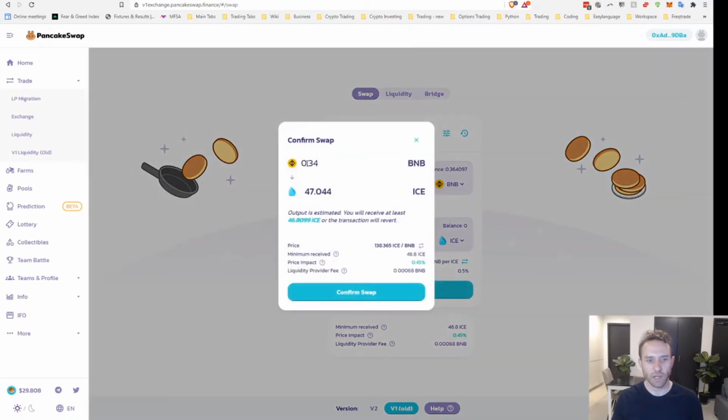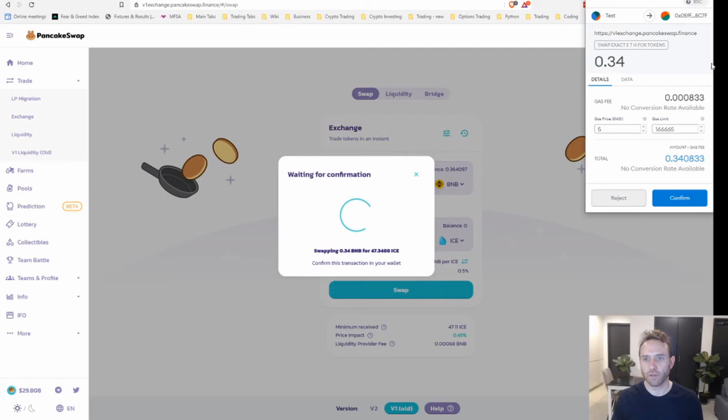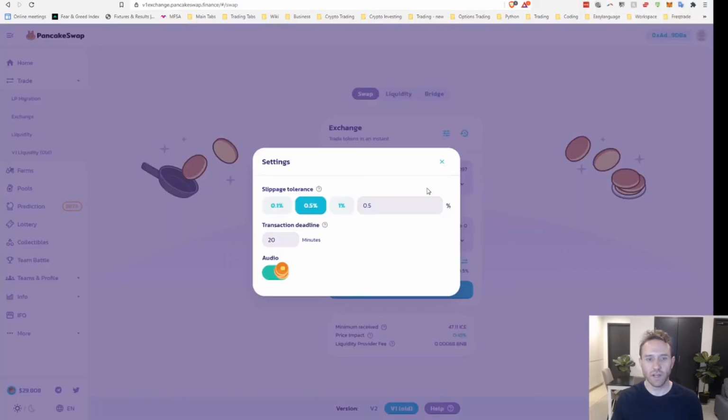So you click swap, you review this 0.34, yep, looks good, no worries. Click confirm swap. And if it looks like it's going to go through okay, it will load up here and ask you to sign the transaction. If you didn't have the right slippage option,